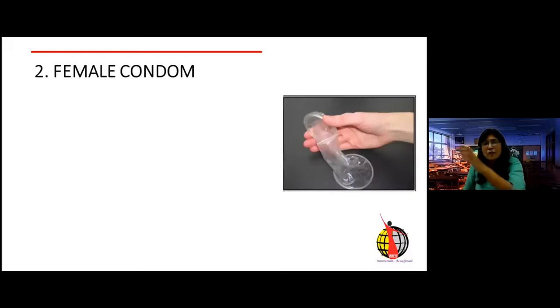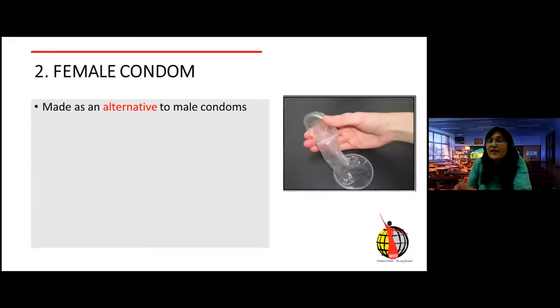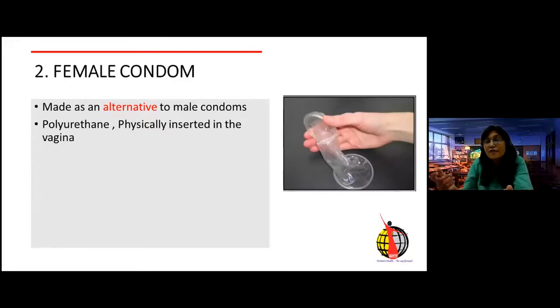So now that was all about the male condom, and the next question will of course be asked to you: what about the female condom? Can the female again use a condom? Yes, they can. This has come into vogue as an alternative to the male condom. Why? Because men do not want to use anything. So the female should have the choice. She should have it in her own hands to protect herself against pregnancy. It is made up of polyurethane.